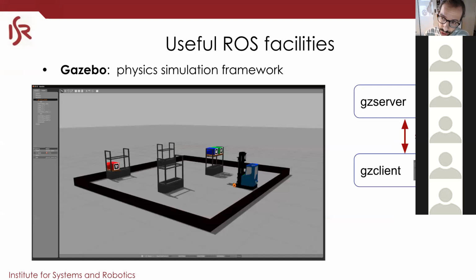But this is just visualization, okay? You have Gazebo, which is a simulator, okay? This simulates robots, and Gazebo is split into a server and a client. The server is the program that actually runs the Newton-Euler equations and does the rigid body simulation of robots with contacts, with forces. So it's a dynamical simulator. And then you have the Gazebo client, which is the visualizer. Of course, you can run Gazebo headless, which is just a server, if you want to save time.